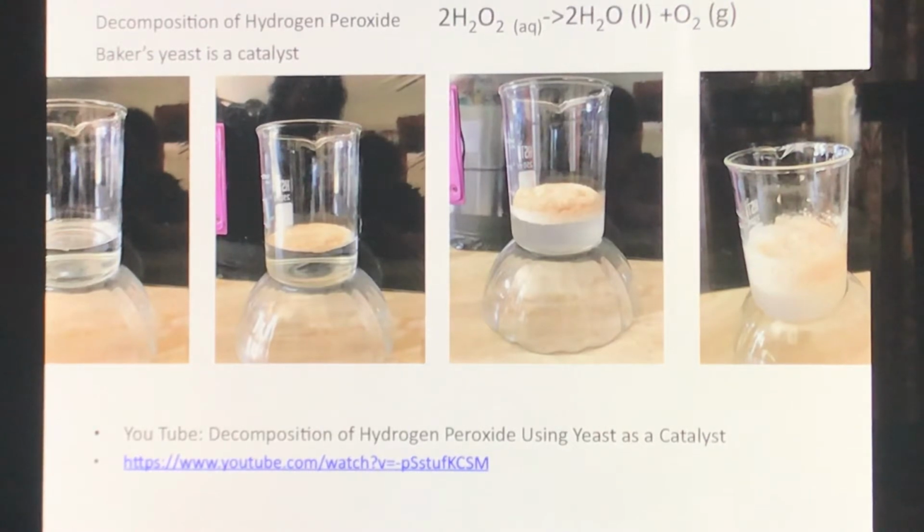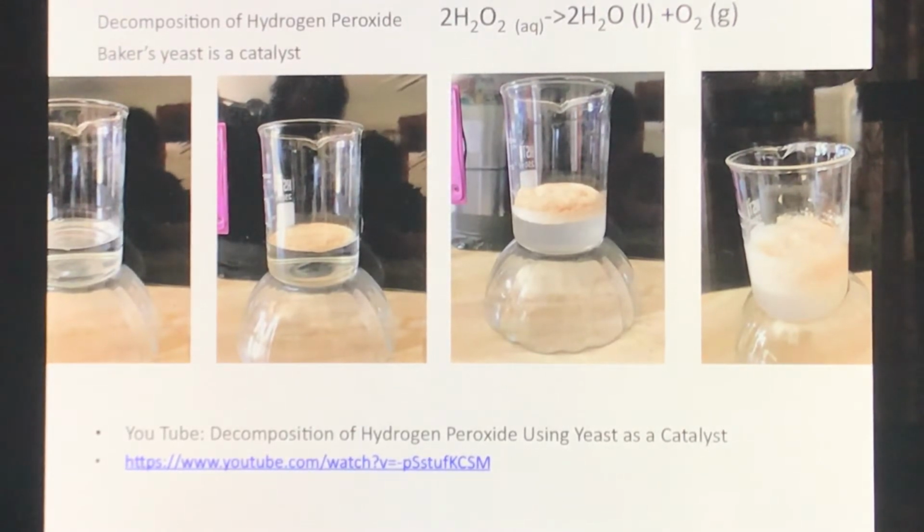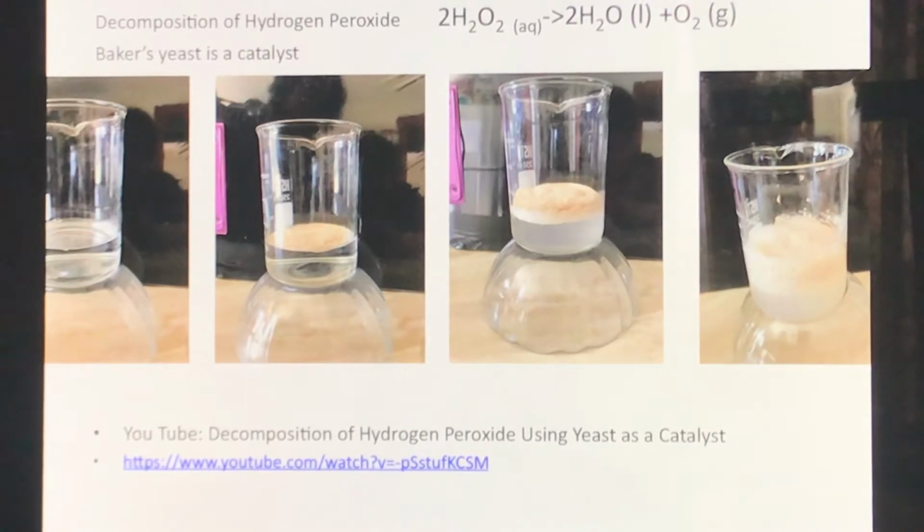Now, if this was just sitting in a regular container of hydrogen peroxide on your shelf, and we talked about this in one of our previous modules, then the decomposition of this would happen very slowly. But when you add baker's yeast to it, baker's yeast is a catalyst for that reaction, and so this is